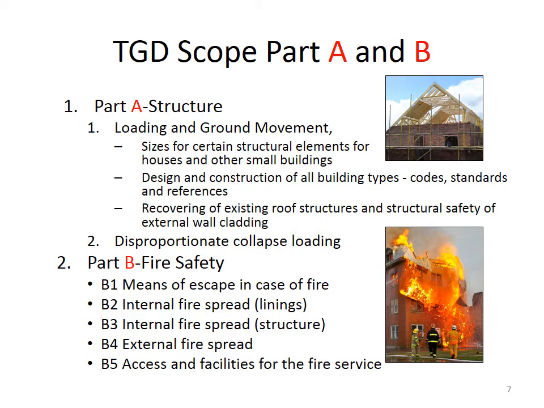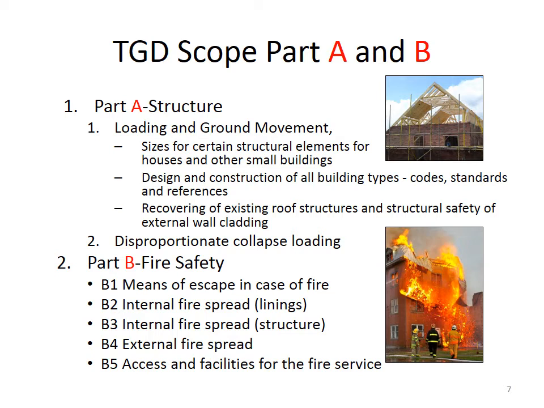how to prevent it. Number 2 then, Part B, focuses on fire safety, and there are 5 sections in that: B1, B2, B3, B4 and B5. B1 looks at means of escape in case of fire, so we're talking about fire escapes externally and internally in the building. B2 is internal fire spread on the linings, so on the ceilings and walls and floors. B3 is internal fire spread on the structure, that would be inside the roof, inside the walls and floors and